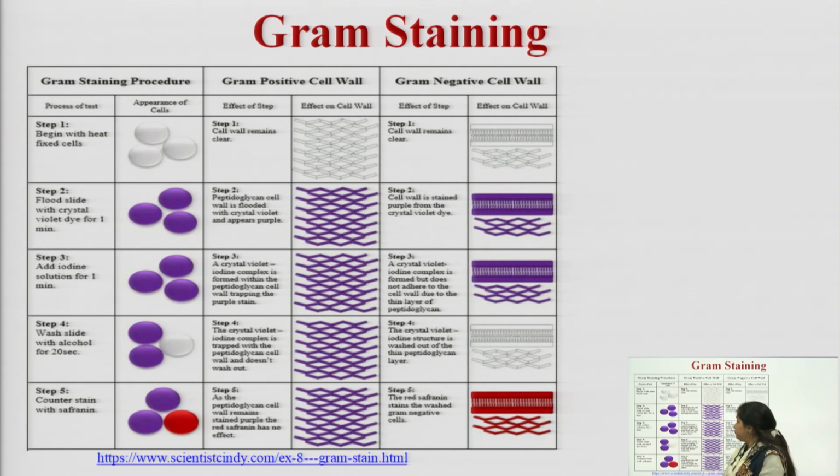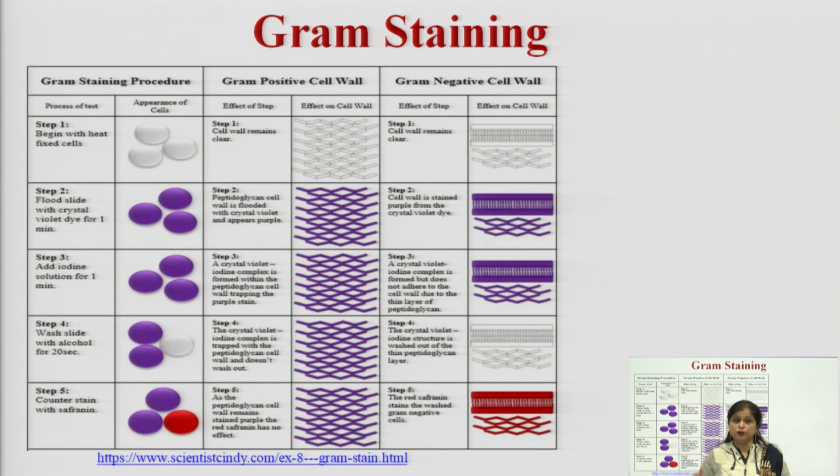So the first step is to take a glass slide and put the bacterial suspension on it. As I told, you can't use a highly concentrated sample. You have to first dilute the sample in which you want to analyze whether it contains gram positive or gram negative bacteria. You have to make a bacterial suspension, a dilution of that sample.